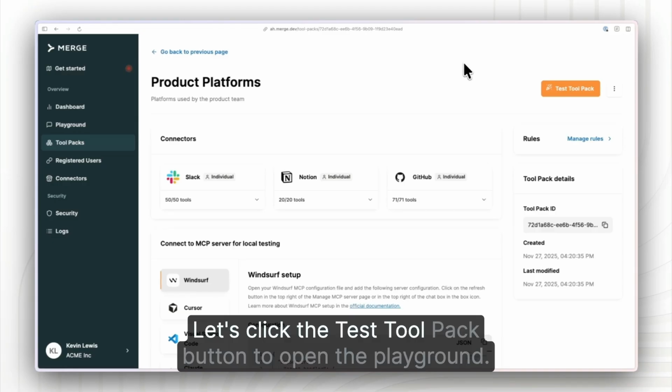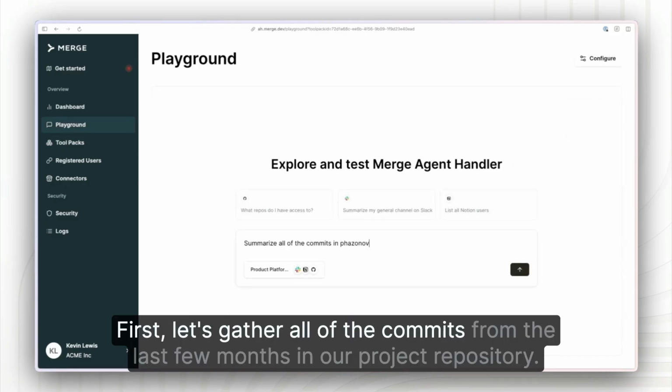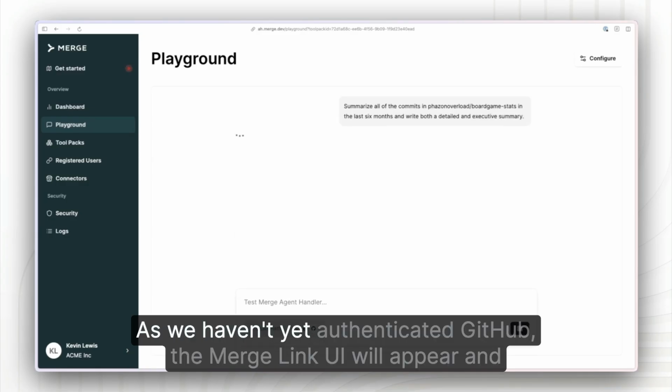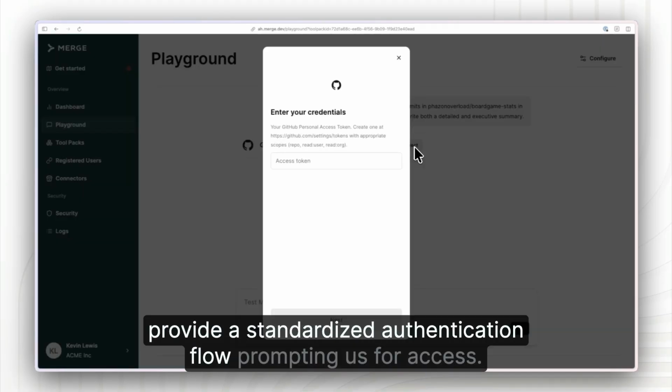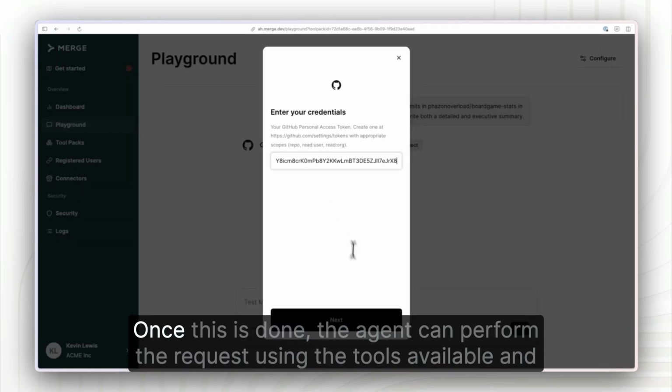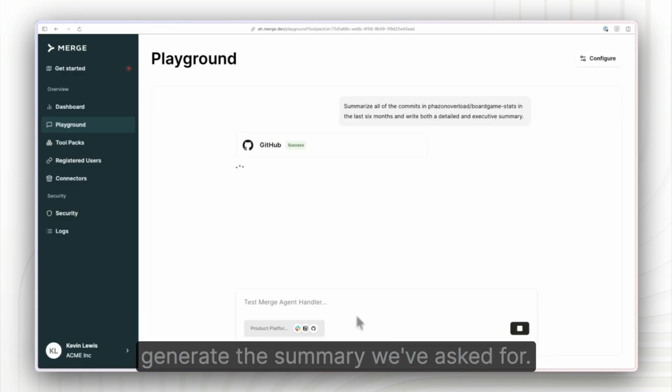Let's click the Test Toolpack button to open the playground. First, let's gather all of the commits from the last few months in our project repository. As we haven't yet authenticated GitHub, the Merge Link UI will appear and provide a standardized authentication flow prompting us for access. Once this is done, the agent can perform the request using the tools available and generate the summary